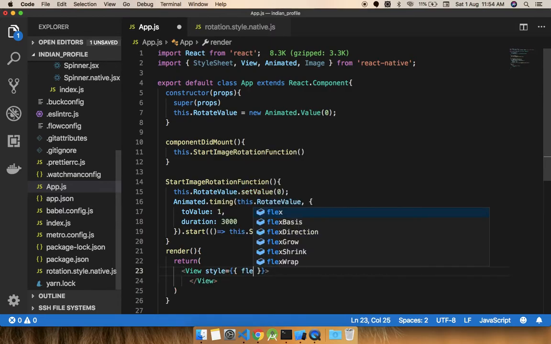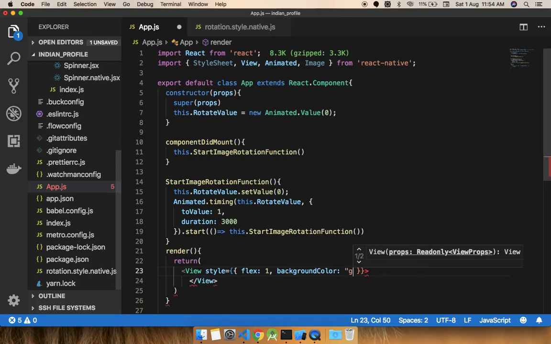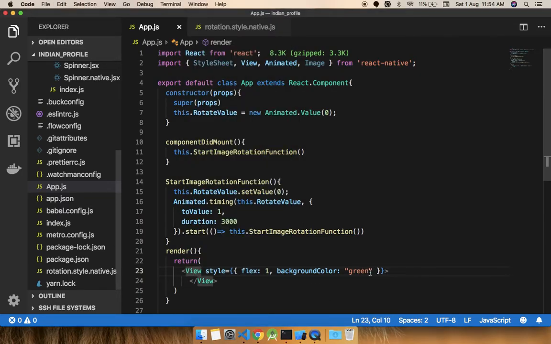We can use inline styling over here so that we can ignore StyleSheet. We can pass flex 1, and to show you whether the entire area is captured by the View or not, I'm giving the color green, and let me show you, this is the entire area captured by this View. Okay, now I'm going to give the color white. Perfect.